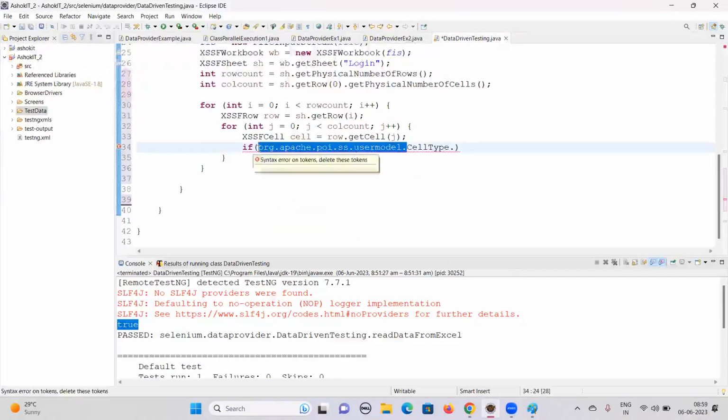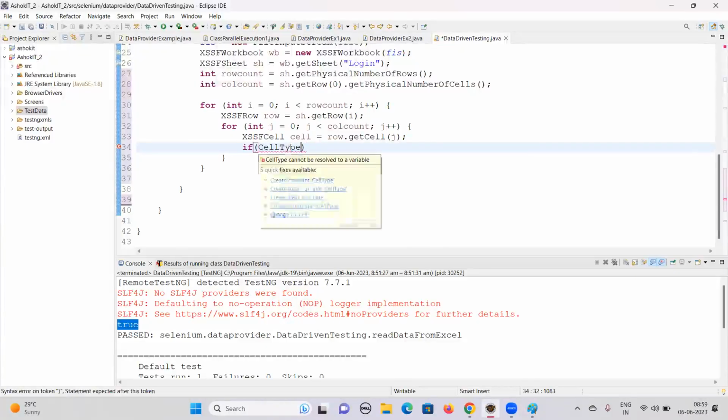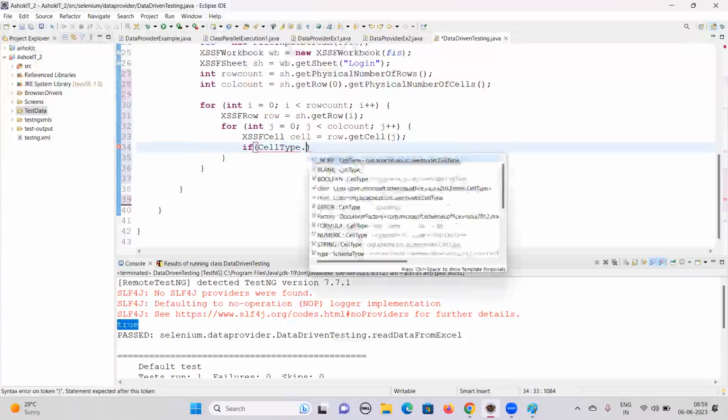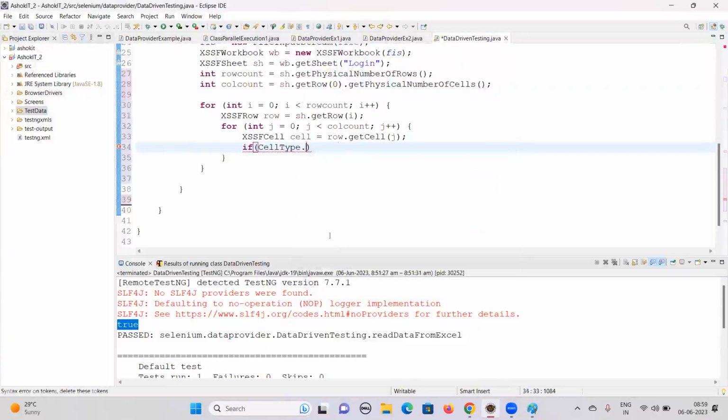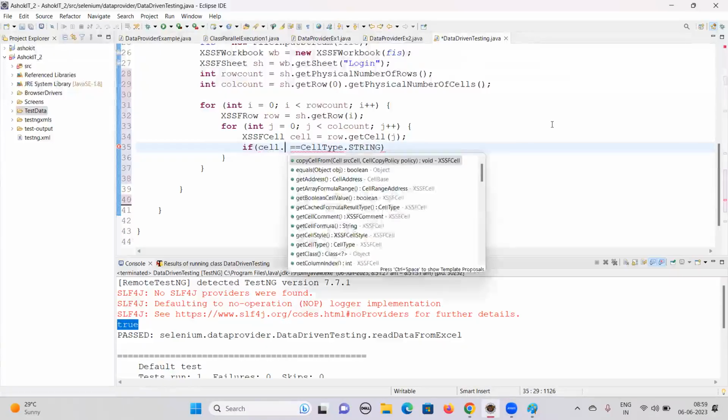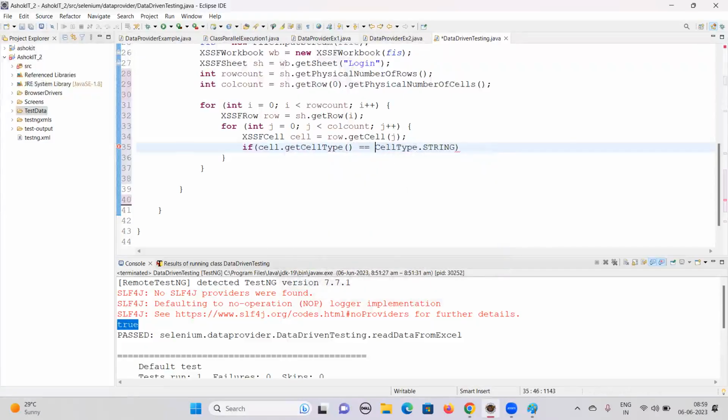Okay. Which one do I need to import? Which one is it? I want to use it like cell type. So it will show you CellType dot string. Whatever value you are getting, cell dot get, first I'll write this one, cell dot get cell type. If this cell type is matching with this cell type, if it is a string, then